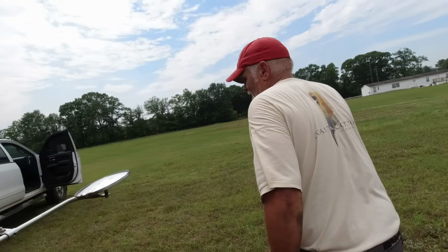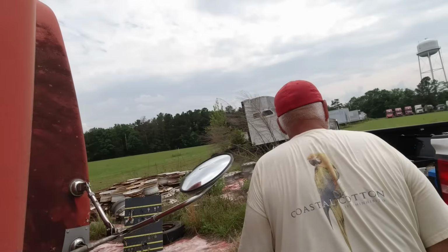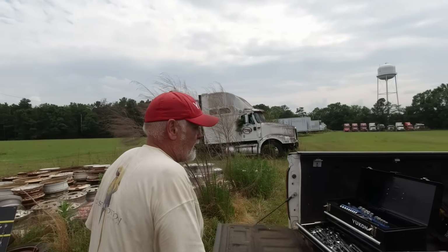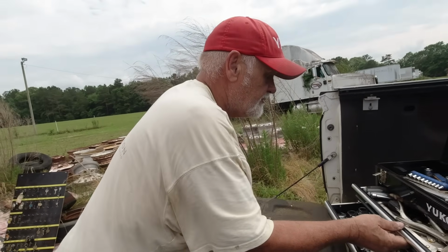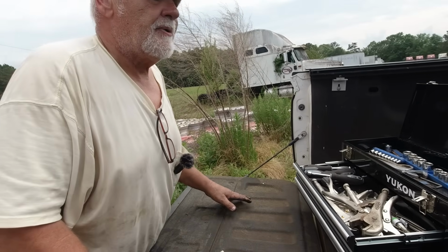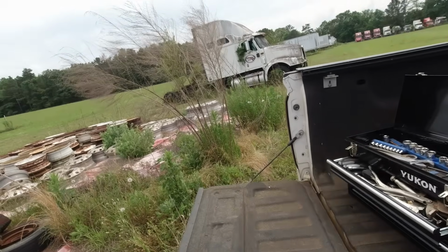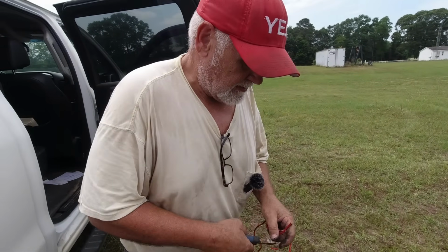Let's go see. I don't know what else to do because I'm not familiar too much with these electronic engines. I don't know what I'm familiar with anymore, but this stuff is just kind of passing me by. I think I put that wire in this bag in the truck. I tell you what,